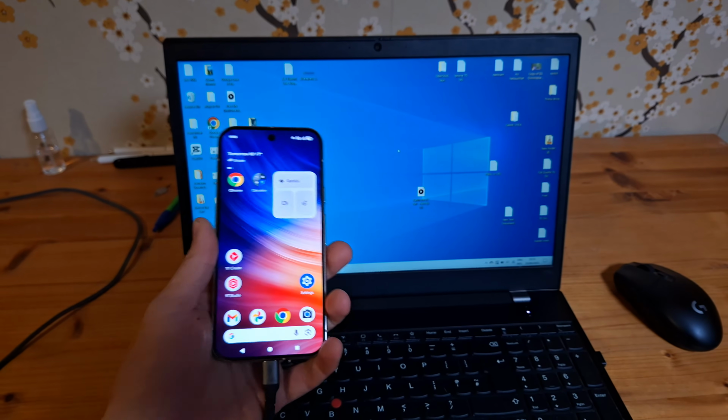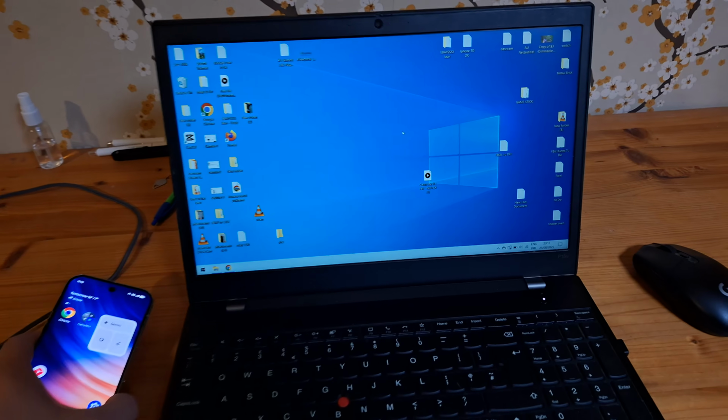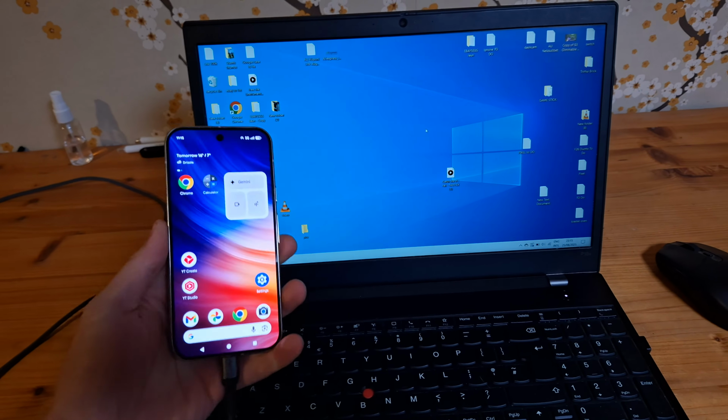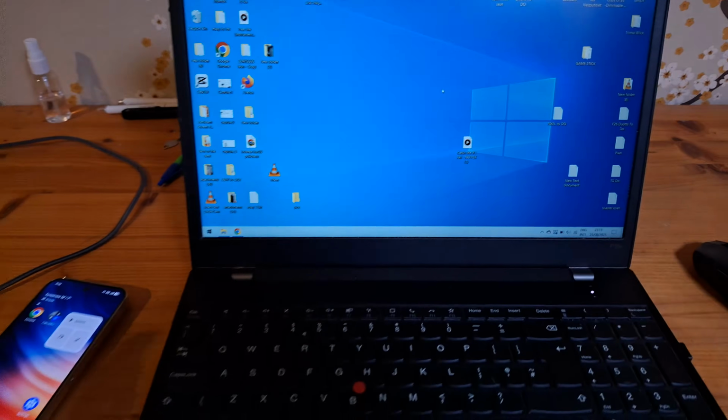Let me show you how to set any song as a ringtone on your Google Pixel 10 and 10 Pro. So first things first, we are going to need to transfer over the song we want to actually set as ringtone. So on your PC or Mac, simply have the file ready as an MP3 file, and we are going to